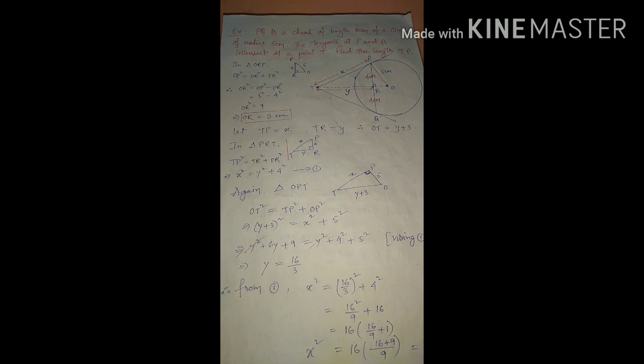Example number 3: PQ is a chord of length 8 cm of a circle of radius 5 cm. The tangents at P and Q intersect at a point T. Find the length TP. So now in this case what you have to do, if you see the diagram here,